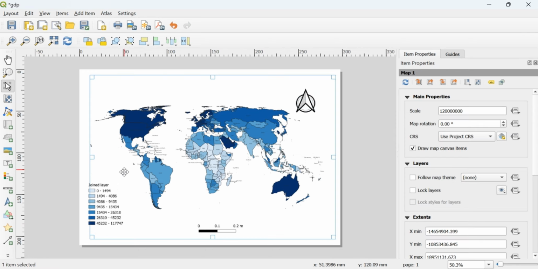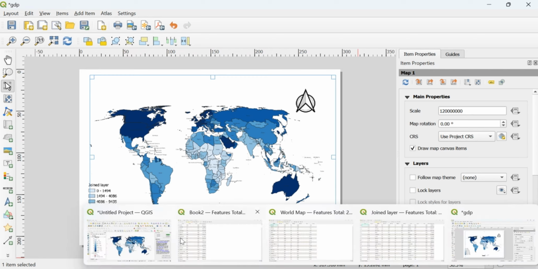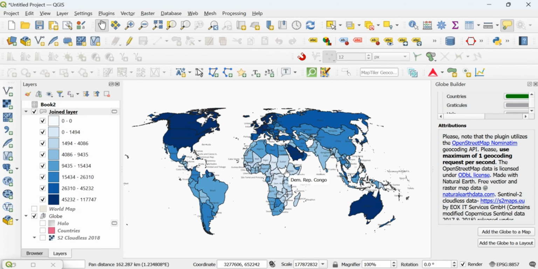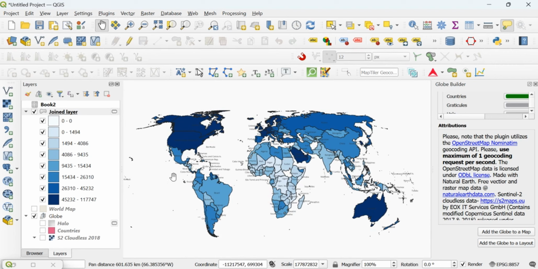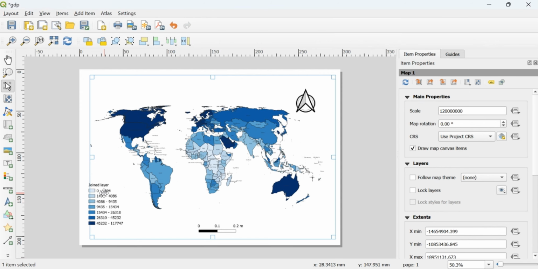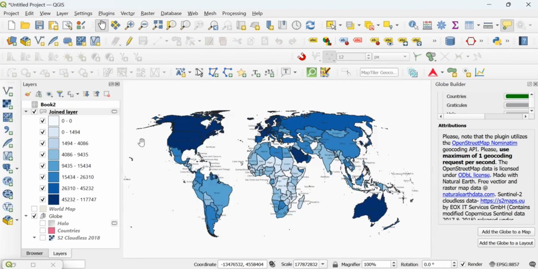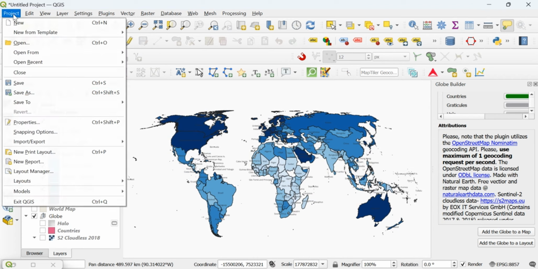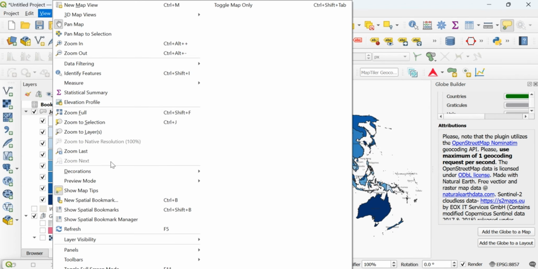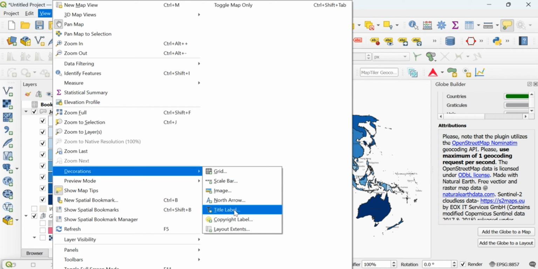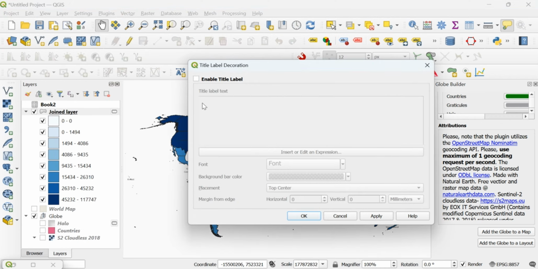Yeah, if you also don't want to spend so much time on making the map like this, for example, if it's just for demonstration's sake without any proper detailing, then you can also just export it right away from here by just adding a title to it. And then if you want, you can also export just this legend and then add it later on in Canva or something like that. But if you just want a simple demo, then I suggest you go to view, and you can add some decoration. So this title, let's say GDP